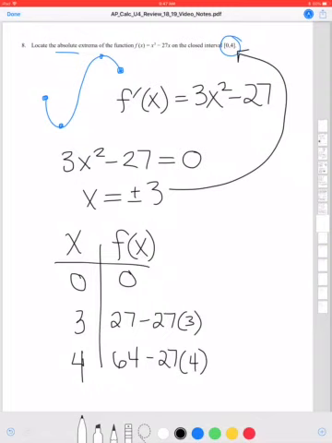All right. It looks like I may actually have to think about this for a second. All right. 27 minus, that's definitely negative. 64 minus 27 times 4. 27 times 4 is going to give me something bigger than 64, so that's also negative. So this is my max. It seems weird that 0 is the maximum, but it is. And then I have to figure out if 27 minus 27 times 3 or 64 minus 27 times 4 is smaller. And this